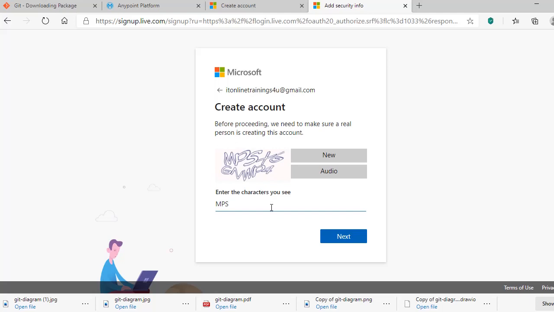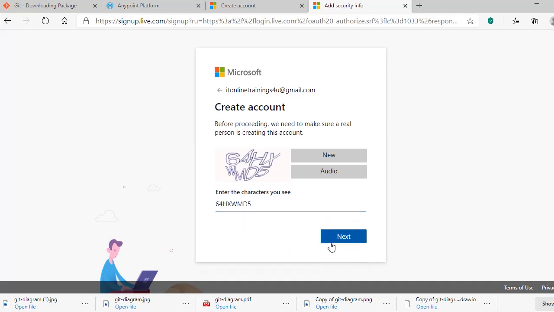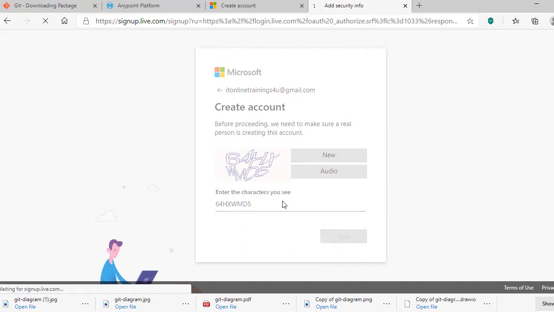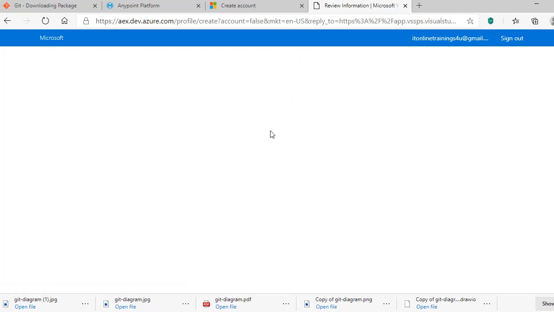This is a captcha you need to enter in order to complete this setup. Yeah, now we are good to go. We use this account.